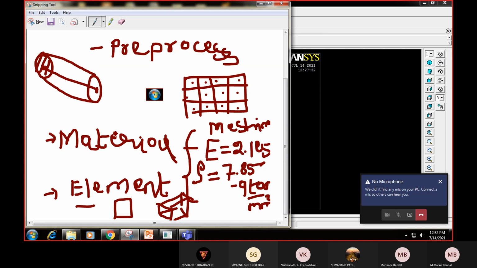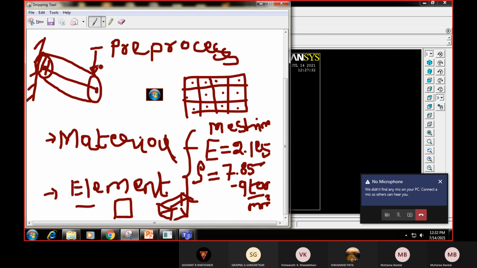Once I have assigned the section properties, the next step will be defining the loads and boundary conditions. Suppose I take this as a cantilever beam, so I have to fix it here on the left hand side. I have to fix these boundary conditions, then I will apply a load.